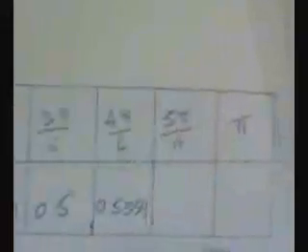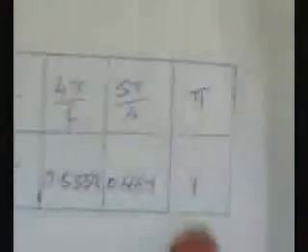So after we get the values of x, we substitute the values of x into 1 over 1 plus sine x. After we get the values, let us calculate them. This will be 1, and for this column will be 0.667. The next one will be 0.5359, followed by 0.5,